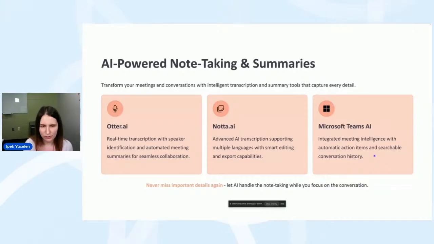They essentially record your lectures, and they end up summarizing your lectures and even create summaries and study guides from your lectures. That is basically real-time transcription. And Notta AI has some other advantages.